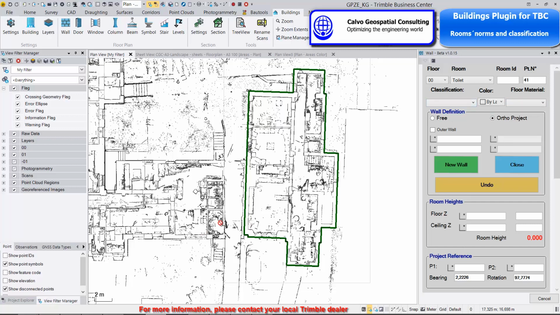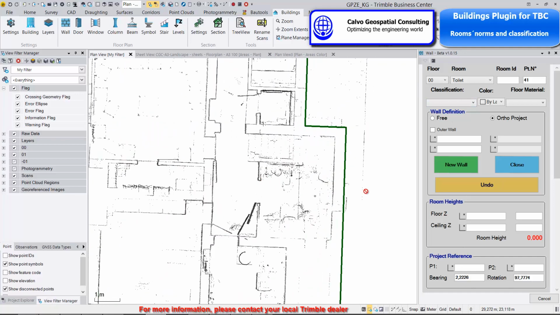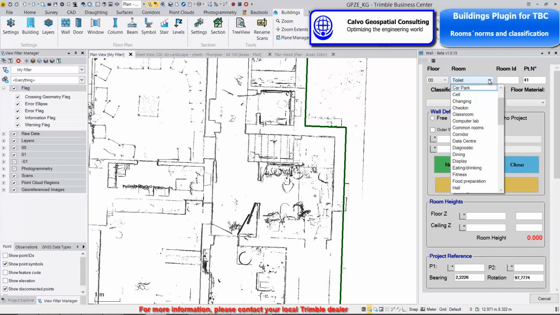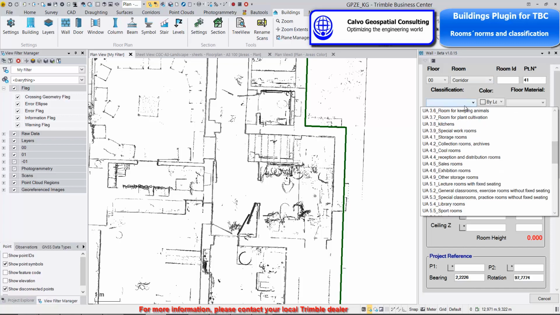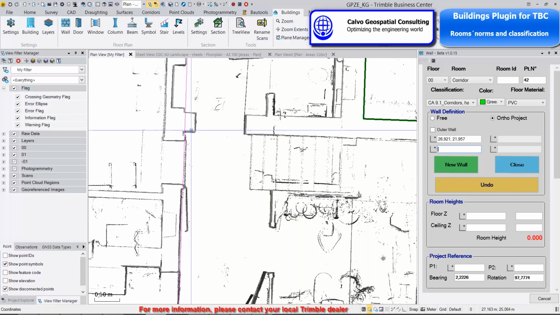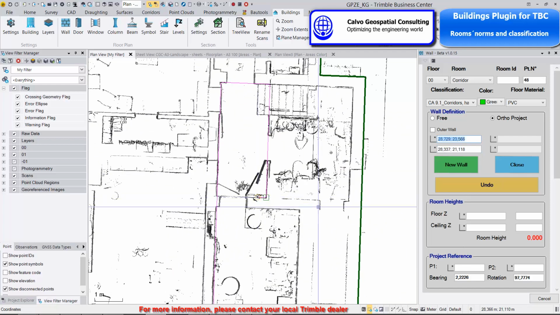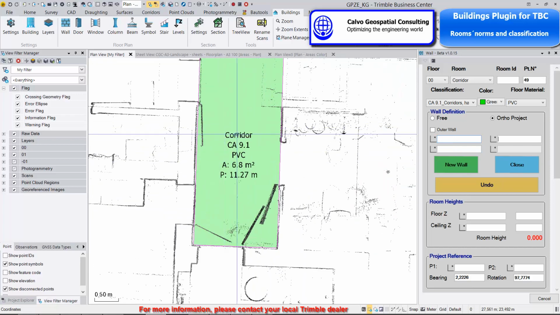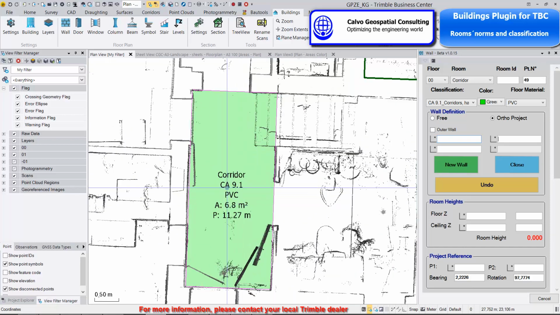So for example, if we start here with this rotated building and we start with the corridor, we can choose here corridor as room, and also the classification is the circulation areas 9.1. And also if we want to add a floor material, I can predefine the colors. So once I start drawing and I close my room, I see already the color, also the room stamp where we see the room classification,